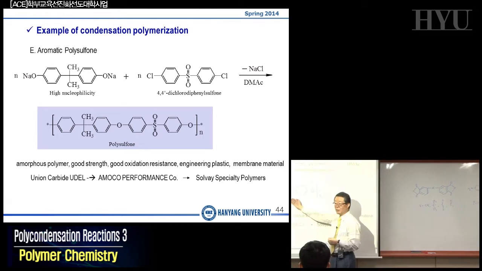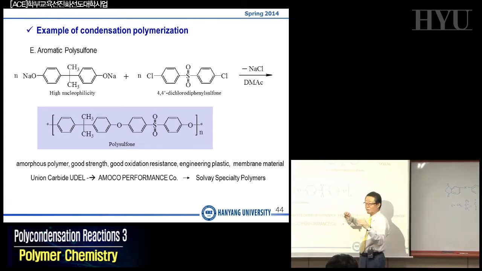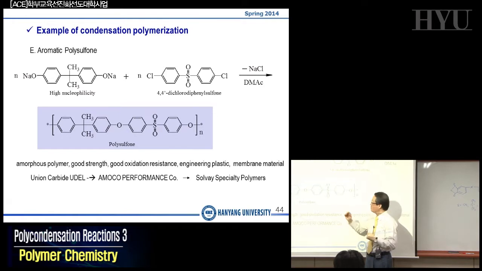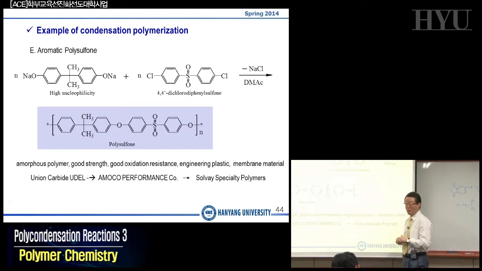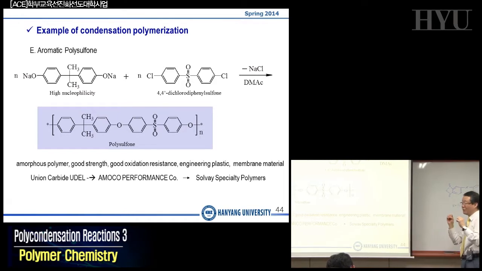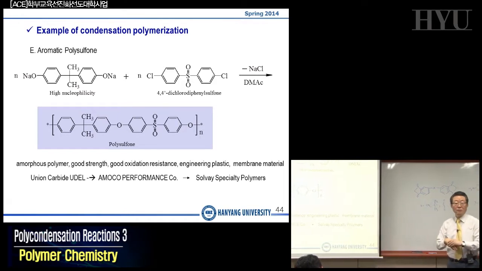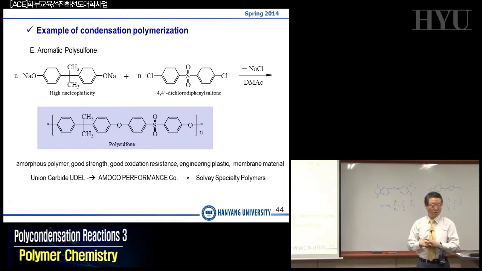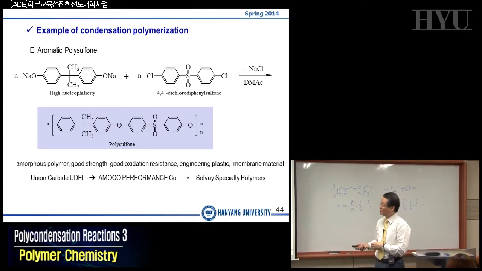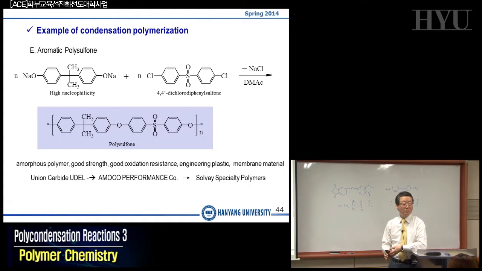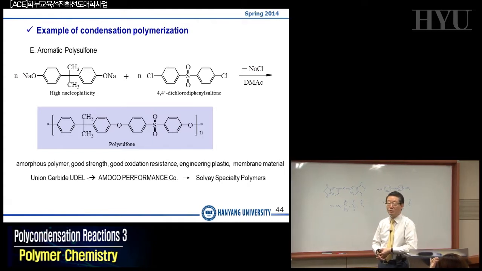Now this sulfone provides the solubility, but ether group provides the flexibility. But you have aromatic rings, so it's a little bit of complicated properties. Okay? It's not a very strong polymer, but it is a very functional polymer. Polysulfone was first produced by Union Carbide in America under the commercial name of Udel, but